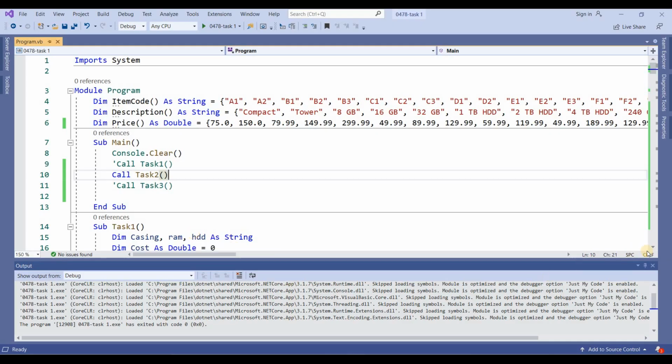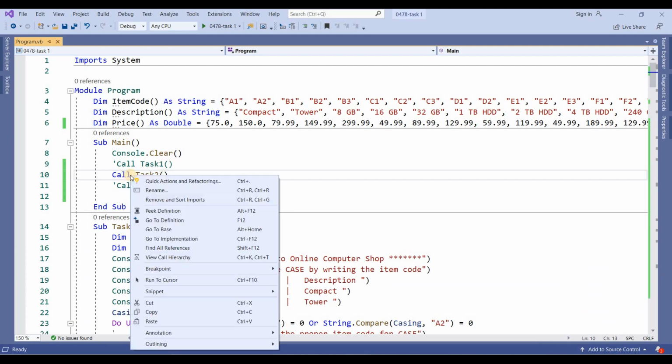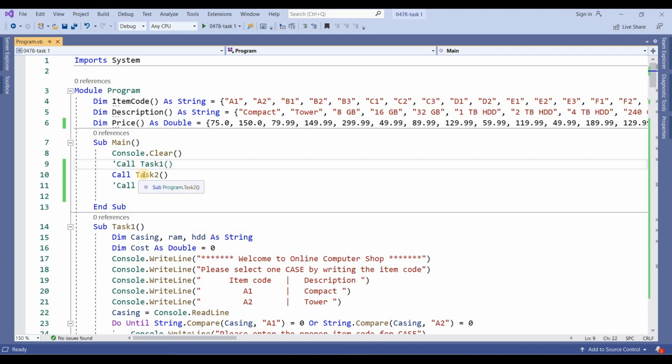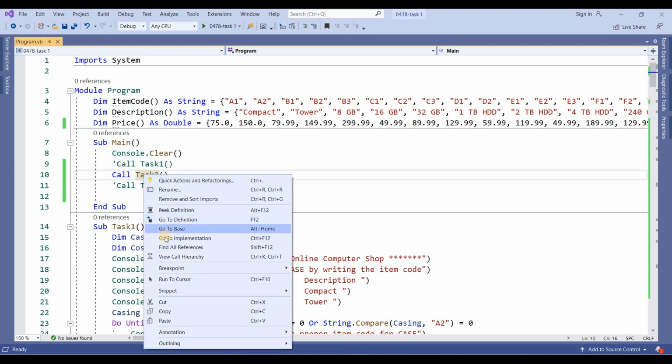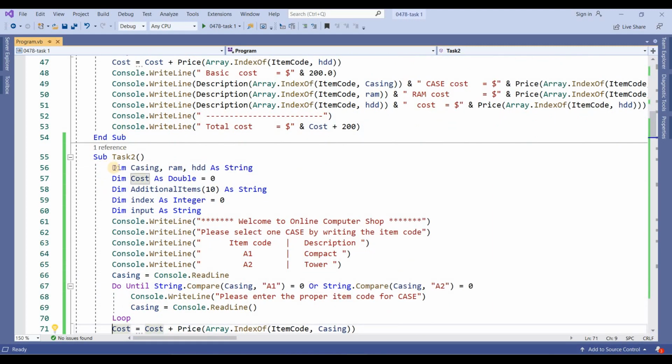I will show the working of task 2. I will right click on it, go to definition. Okay, now this is task 2. What I have written here is the same variables, casing, RAM, HDD, like this.